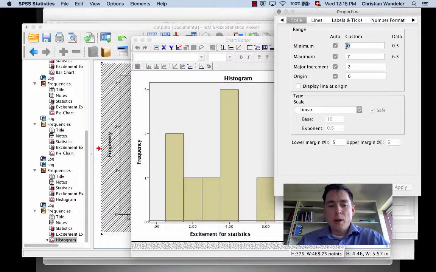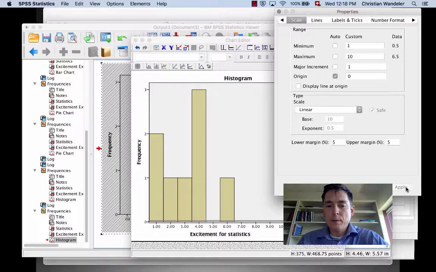We want to change that. We say we don't want this to be automatic. We want this to be 1. And you know what? Let's just say we want to go all the way to 10, and we don't want to go in increments of 2. We want to go in increments of 1. So let's apply this, and now this is a little bit neater,